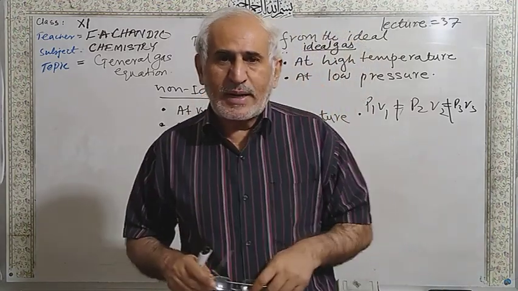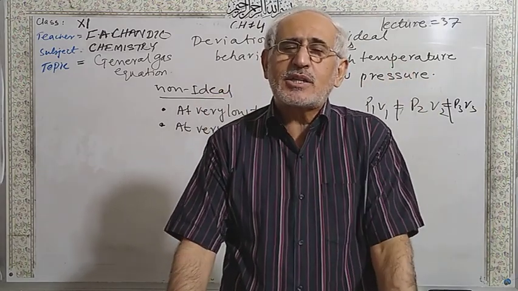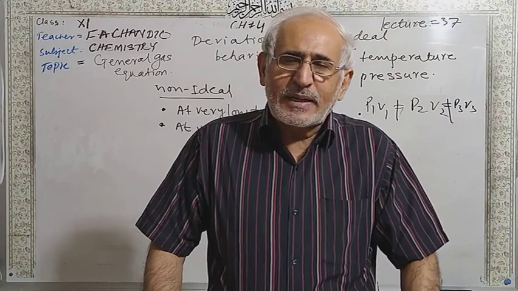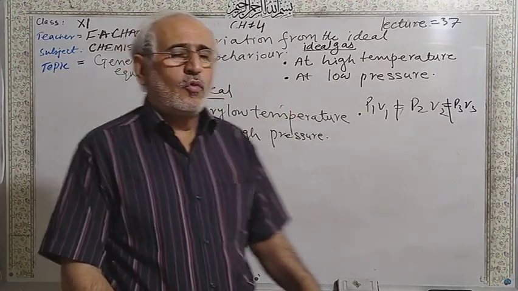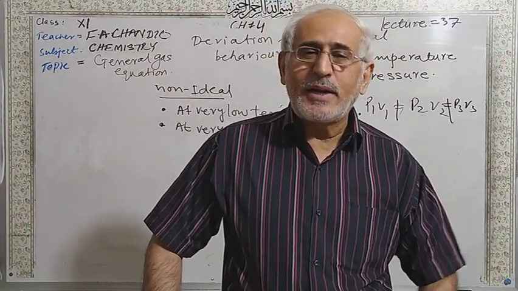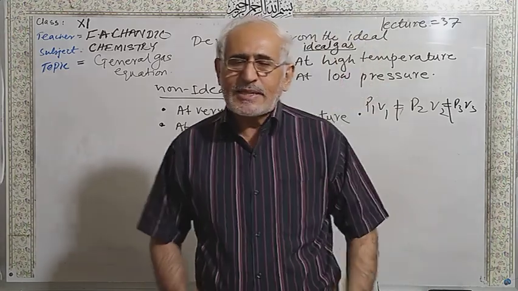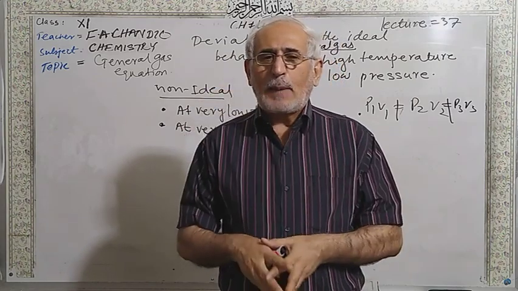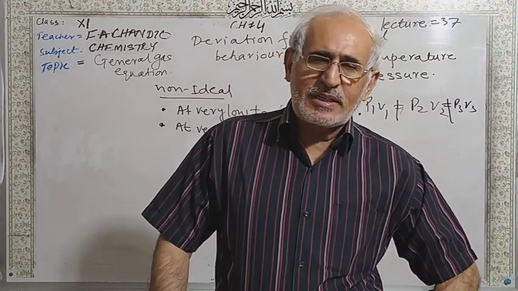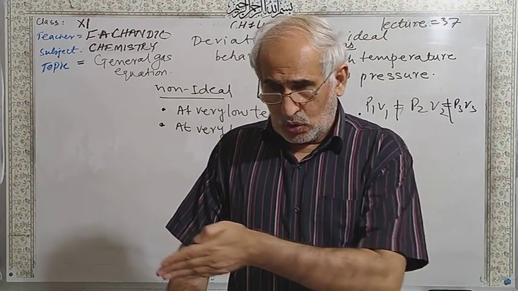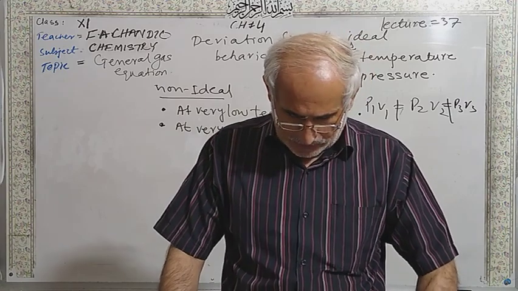Sulfur dioxide, the polar gas, with 64 molar mass, has a liquefaction temperature of minus 10 degrees Celsius due to the polarity and due to the heaviness of the gas. But hydrogen gas, I told you, is the lightest gas among all gases and a non-polar gas, so its liquefaction temperature is minus 252.7 degrees Celsius, near the absolute zero temperature. Why is the temperature so low? Because of the non-polar nature and lighter nature.